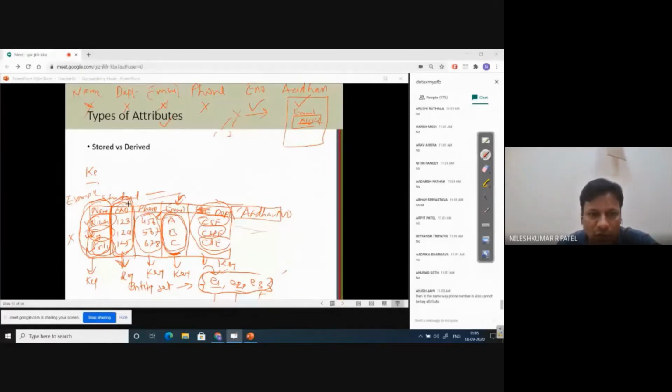So we now have two candidate keys: one is the enrollment number and the second one is the Aadhaar number. Both may become key attributes. A key attribute is an attribute which uniquely identifies each and every entity from an entity set. So if I say enrollment number 123, I am pointing out only one entity, so there is no ambiguity in that.